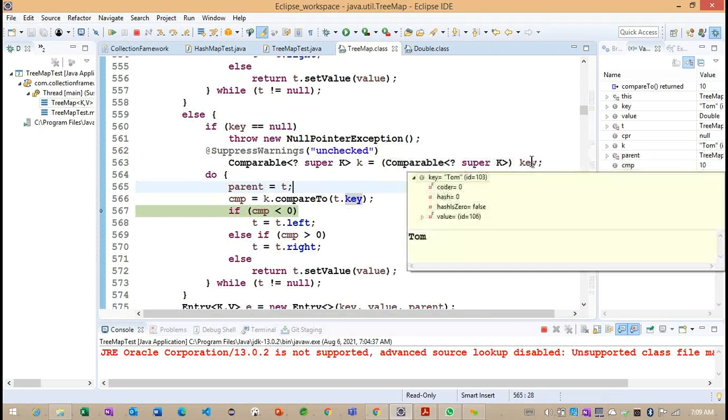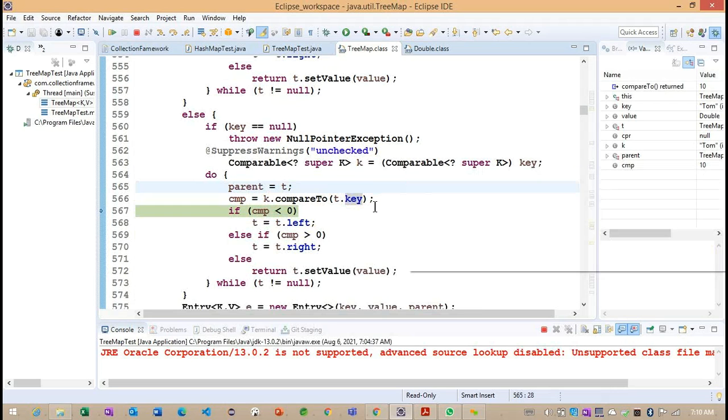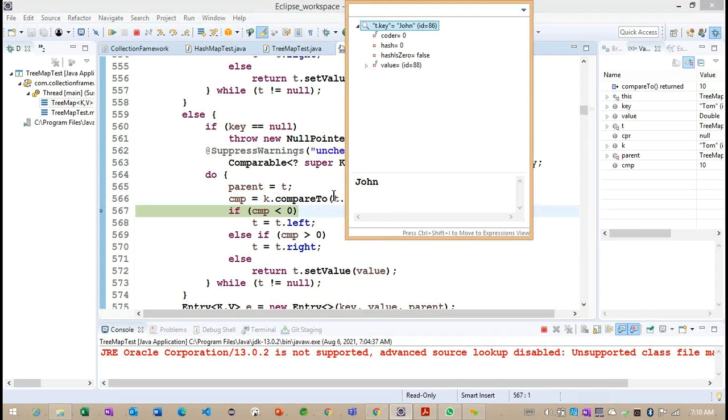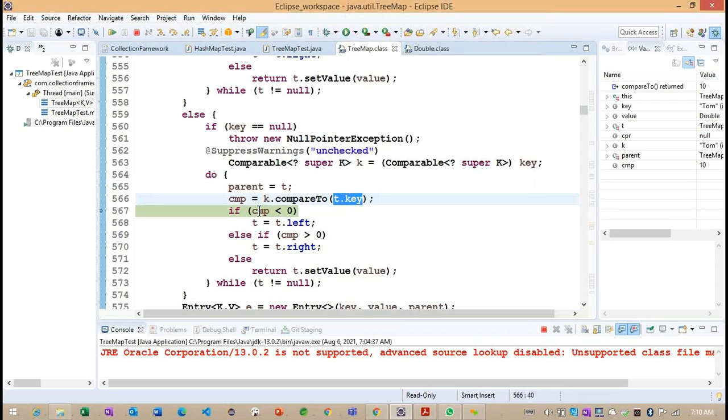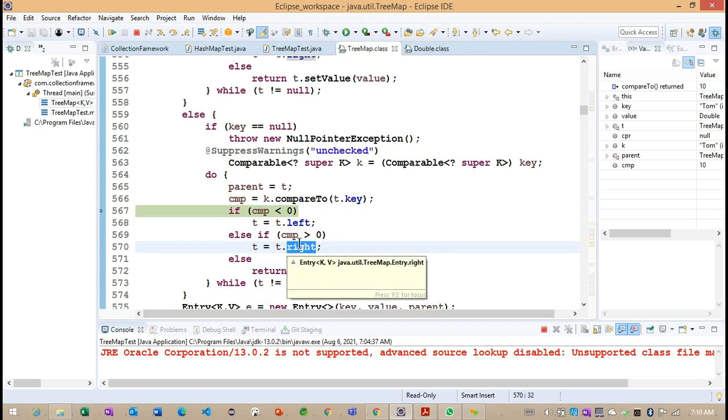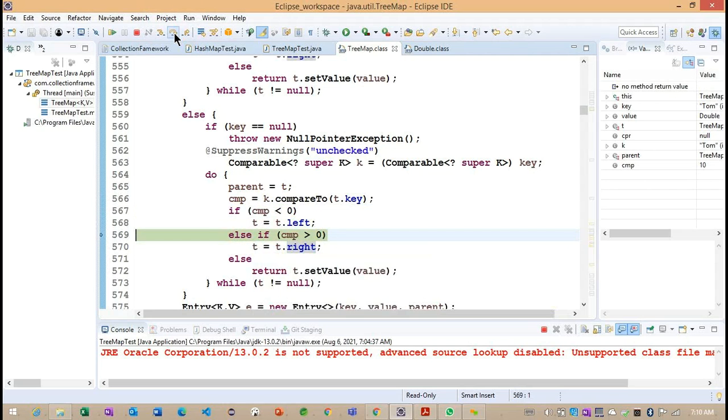Getting the point. Now here we need to focus on the key. So this is the term. Based on this particular term, we are working on John here. So we are comparing both the keys here. If this particular cmp is less than 0, they are making it left. Otherwise they are making it right here.